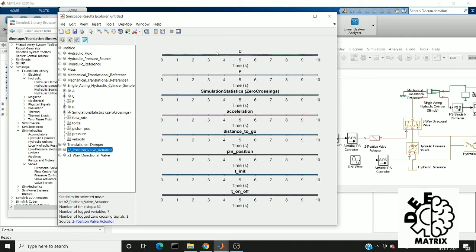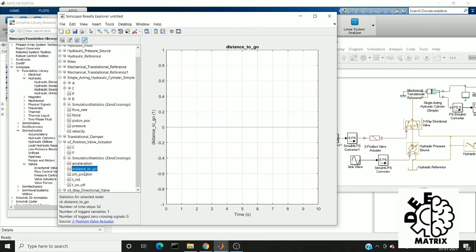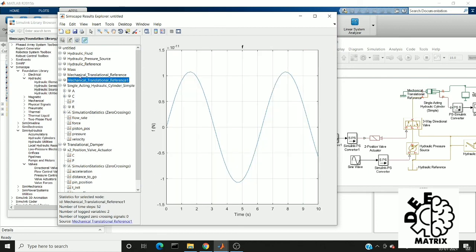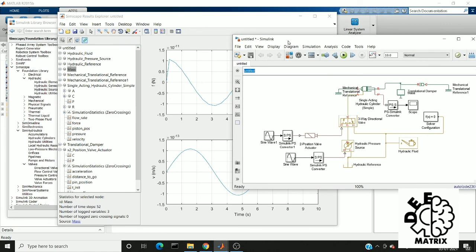This is a two-way control valve. It has many things like acceleration. Next, the three-way directional control valve. Here you can find the reactions that have been given by each component in the circuit. We can use this cylinder to create more force. The main applications are hydraulic jacks, etc.